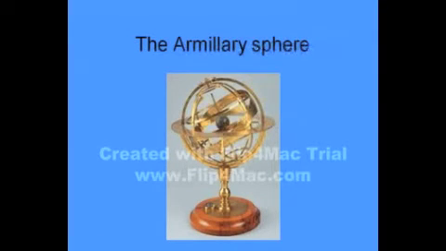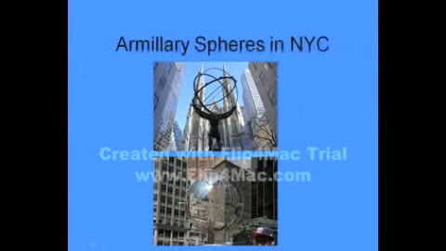There used to be a tool you could buy, a globe type thing called an armillary sphere. You can still buy these, but most are antiques, where you can actually see that nice ecliptic circle here, and you could map out where things were. People used to have these things. They still exist in sculptures. Here's New York City, an Atlas sculpture, and you've got that extra circle there being the ecliptic circle. Even this one,